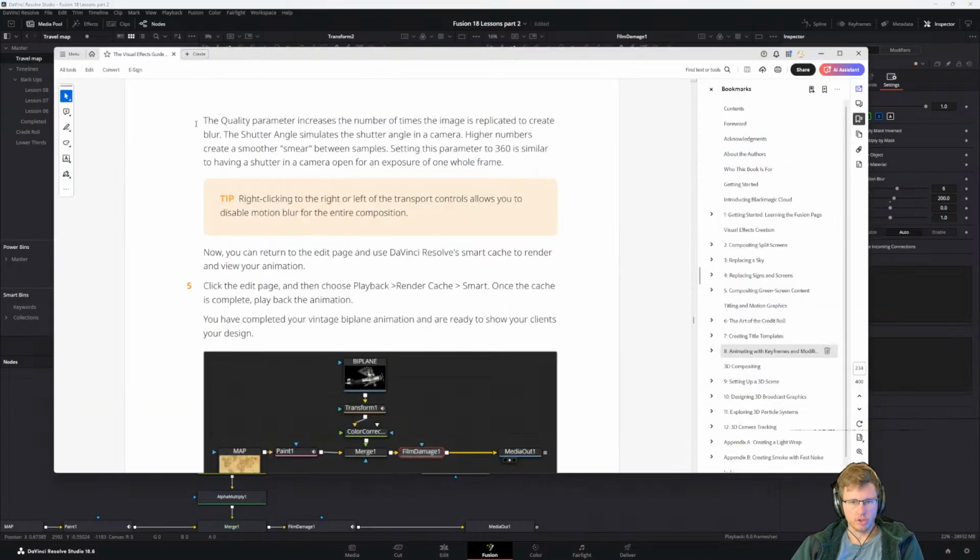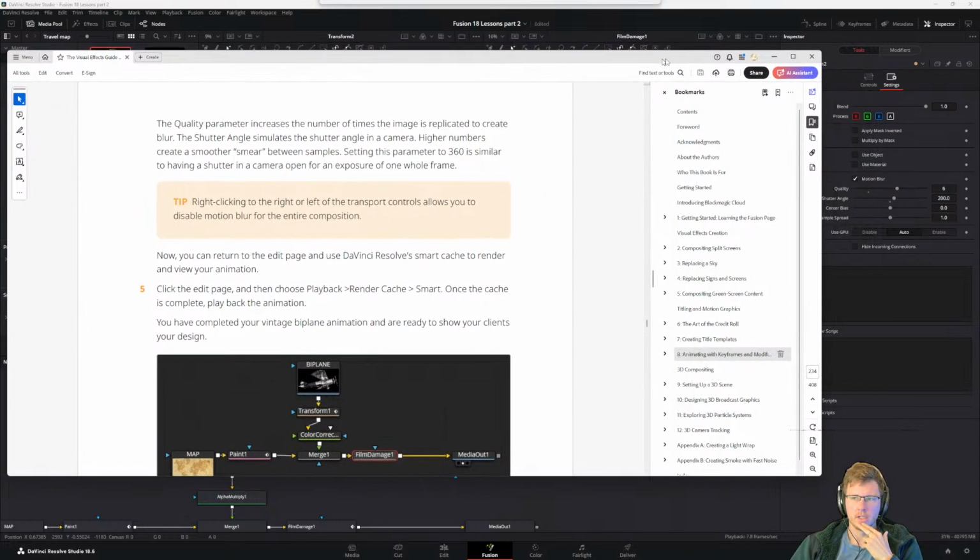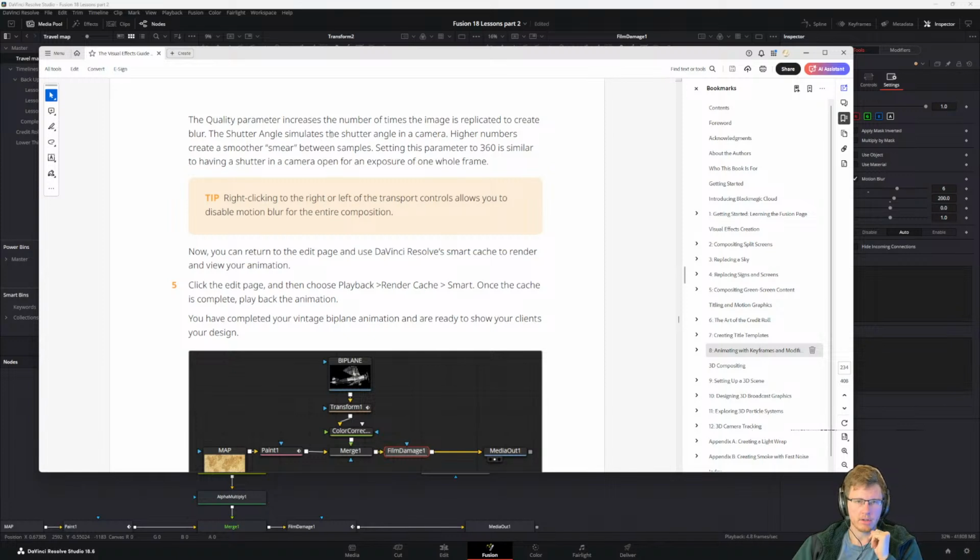Now it's really zooming. And then the quality parameter increases the number of times the image is replicated to create blur. The shutter angle simulates the shutter angle in a camera. Higher numbers create a smoother smear between samples. Setting this parameter to 360 is similar to having a shutter in a camera open for an exposure of one whole frame. And then right-clicking to the right or left of the transport controls allows you to disable motion blur